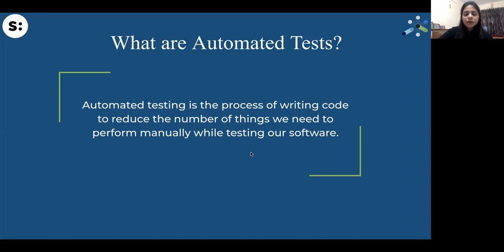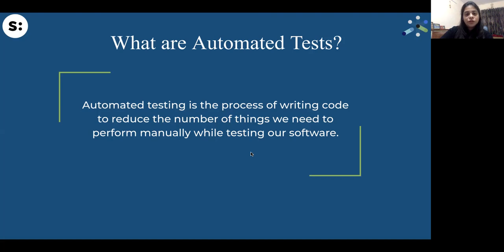We generally spend many hours, a lot of time, performing this manual QA on our websites or on our applications. An automated test is a one-time process. If you have built a functionality, you write an automated test around it.